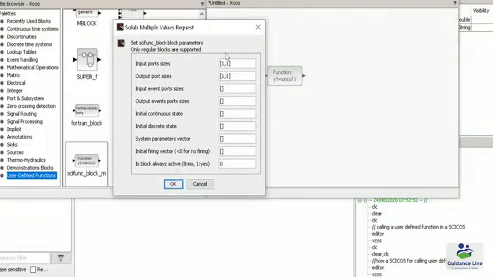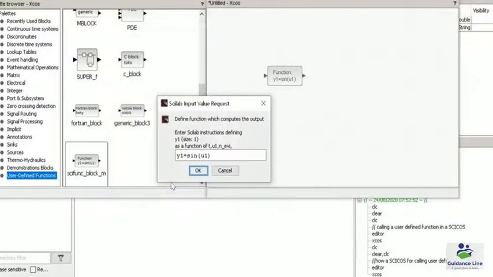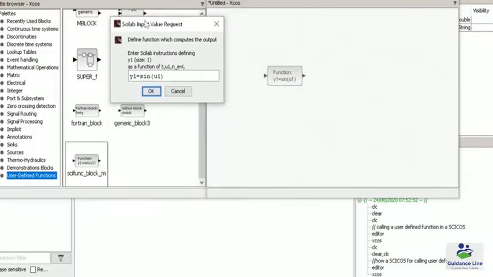I am not modifying these values because it is similar to the function defined there in SciNotes. Simply click on OK. Then in this particular window we have to write the name of the function. So the name of the function we use is qubit. So I simply write the qubit function over here, and y1 is showing the output argument, similarly u1 is showing the input argument.